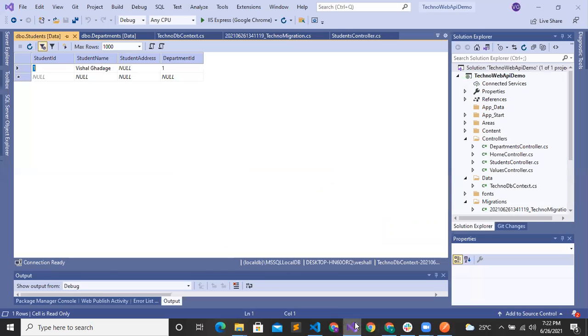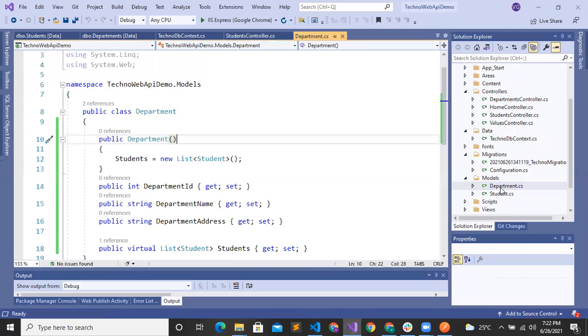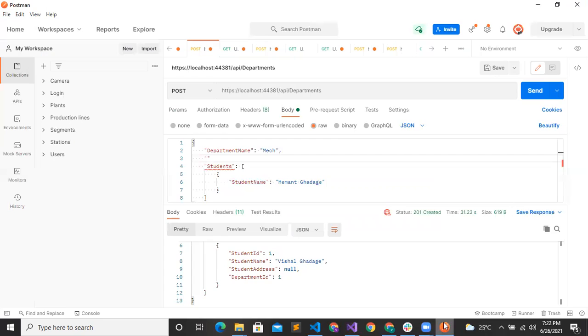We copy from the model, department address, Pune.